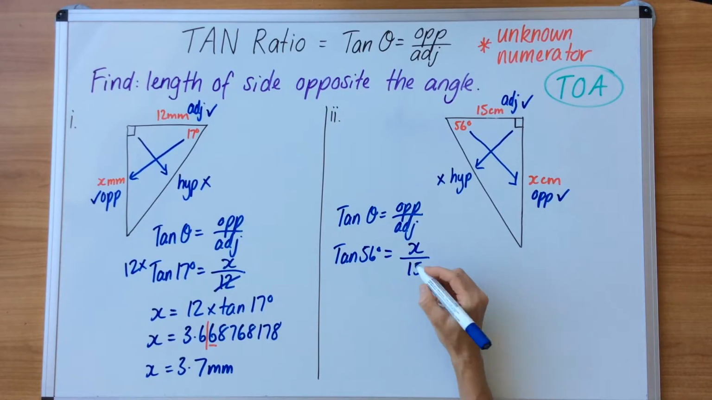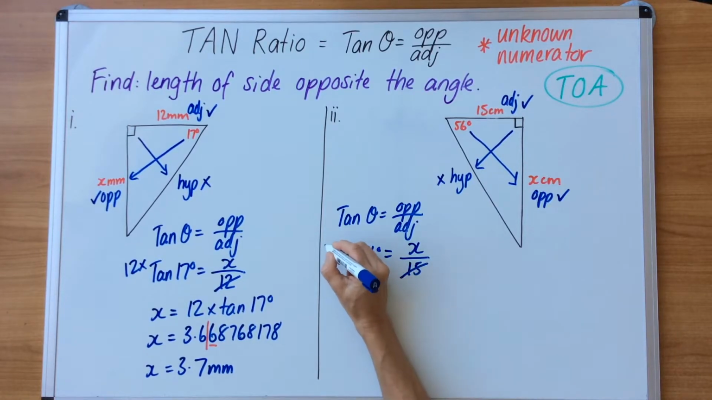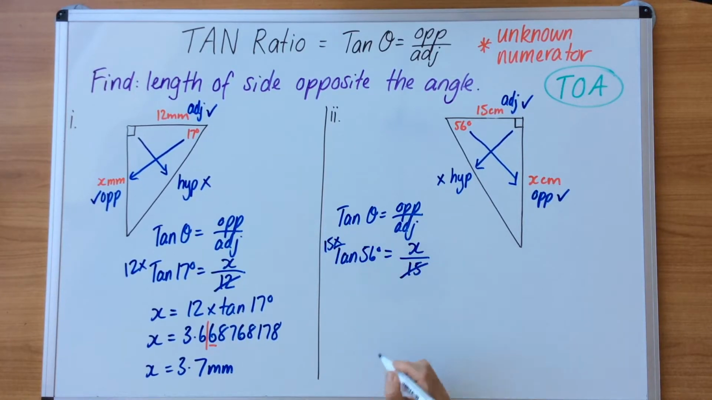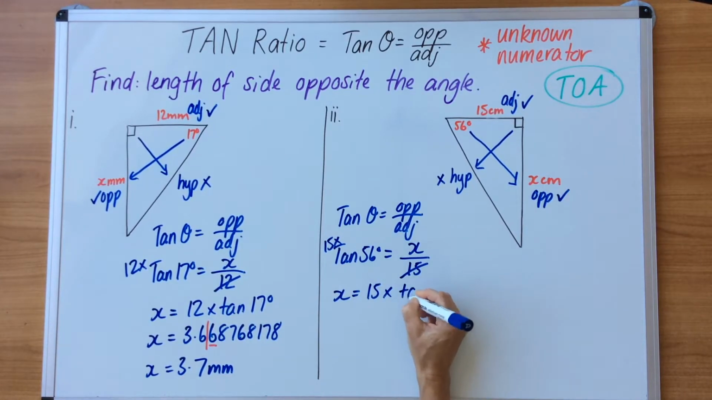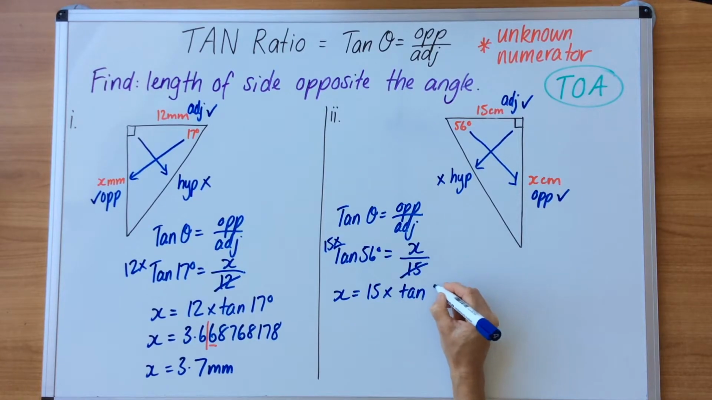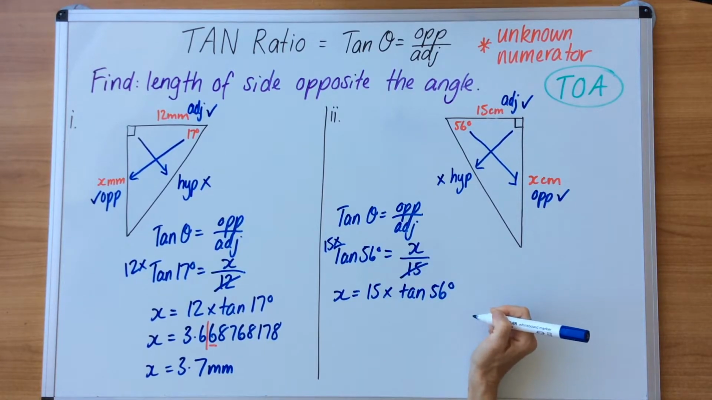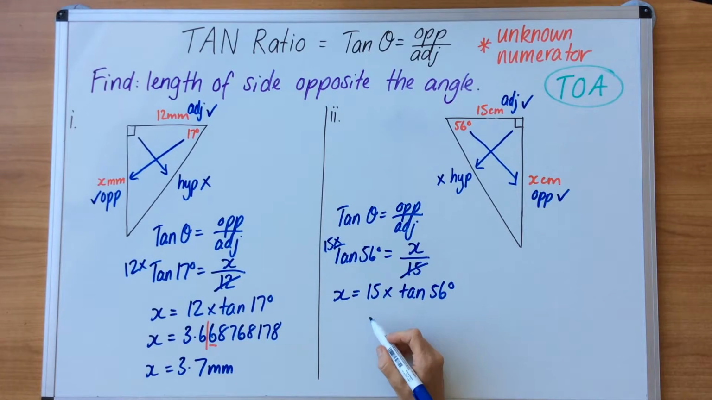I'm now going to multiply the denominator and rewrite. So I cross out the denominator, give it to the tan, and flip it back to front. So x equals 15 times tan 56 degrees. And I punch that in my calculator. I go 15 times tan button, 56 equals, and x equals